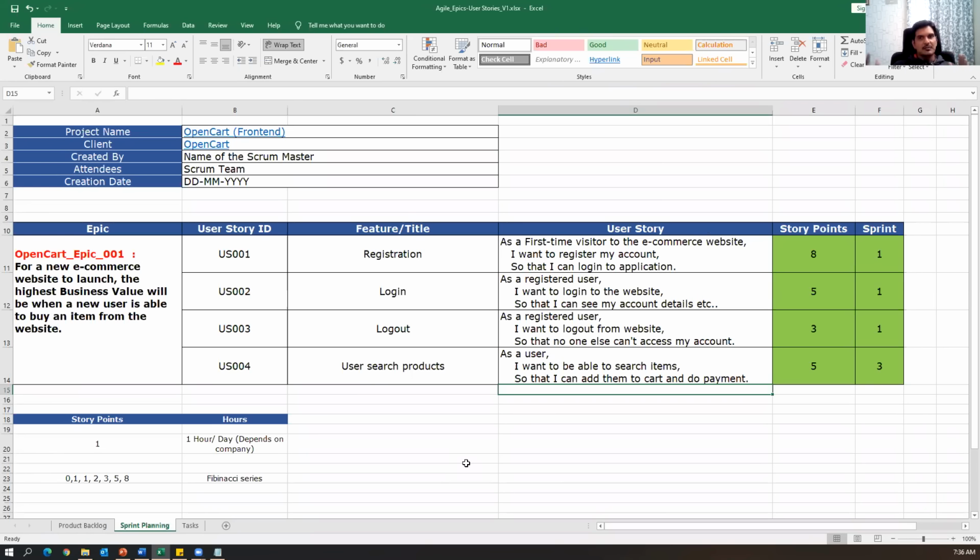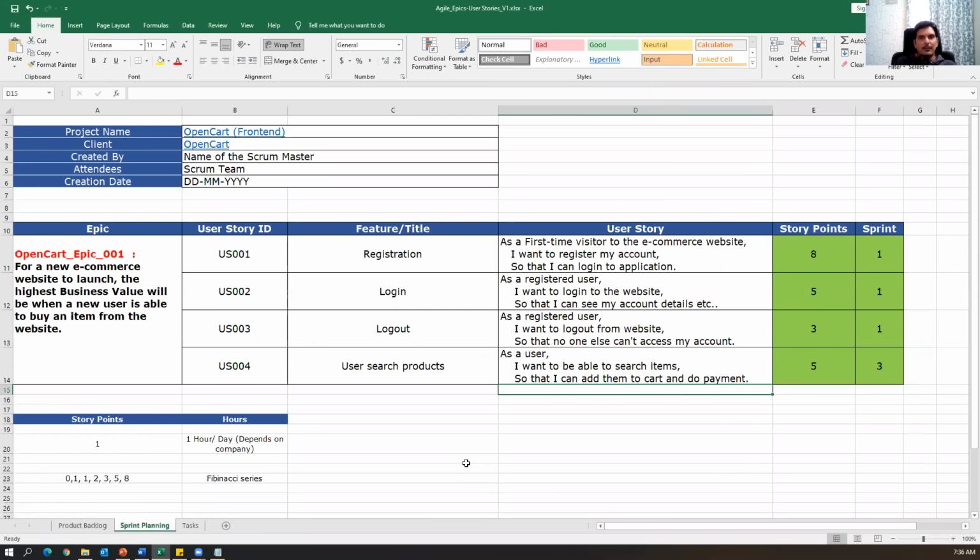And the total duration of the project will be split into multiple pieces, like 3 to 4 weeks. And every 3 to 4 weeks will come under one iteration or one sprint. And the stories will be planned for that particular sprint. Or if any story is not able to be completed in that particular sprint, then we will postpone that story into the next sprint.